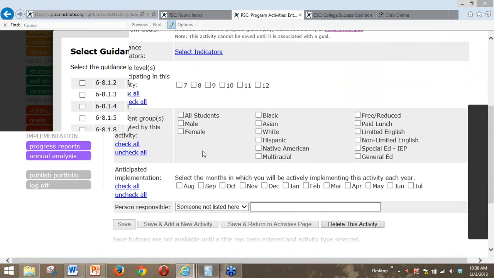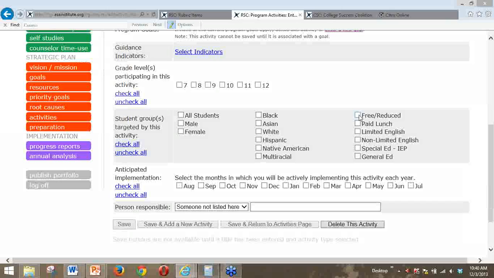So that would mean that you are incorporating some activities that are specifically focused on free and reduced lunch students, or Hispanic students, or your limited English students. So just click whichever student group the targeted activity is addressing.